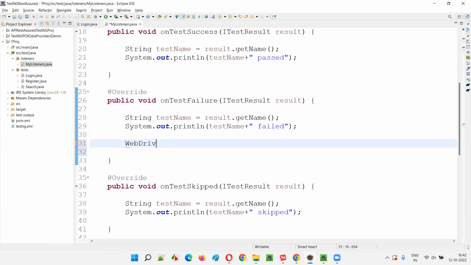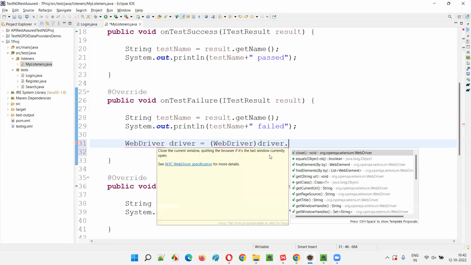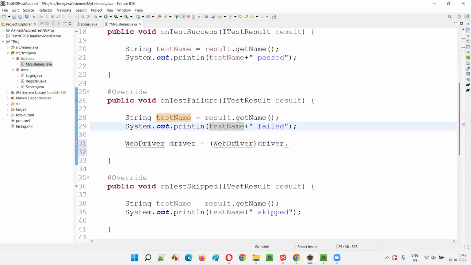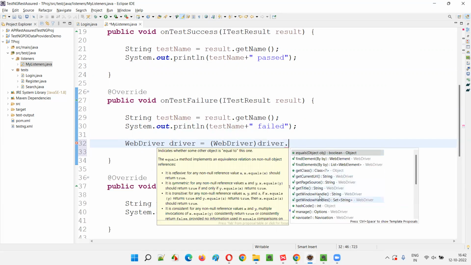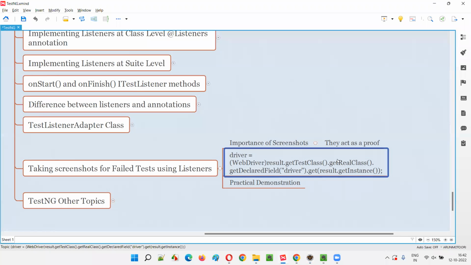Okay, we can write this code. Driver is equal to, we can write some code here. We can cast this driver as WebDriver and say driver dot, hover over with the mouse and import this WebDriver interface from Selenium. There are a lot of methods here, guys. I too don't remember always. This is the line we have to write. WebDriver